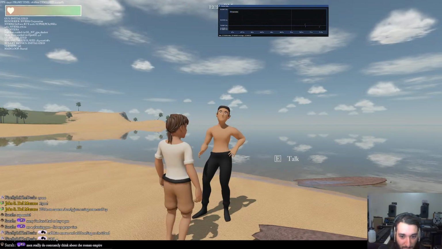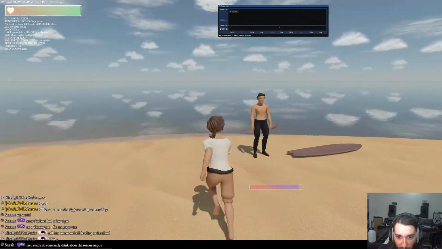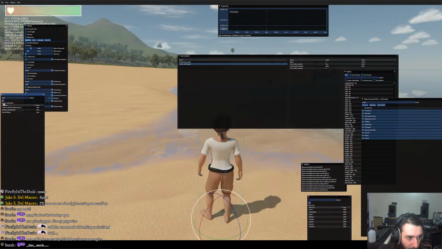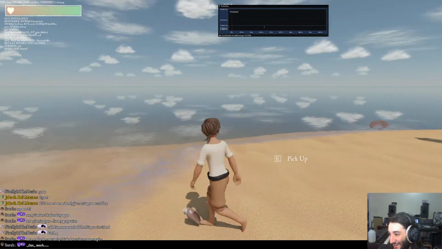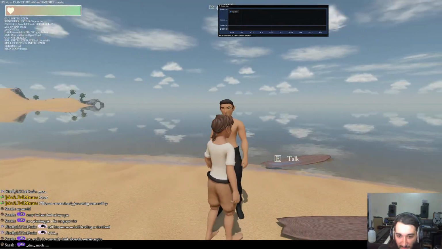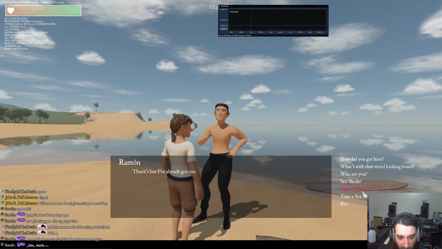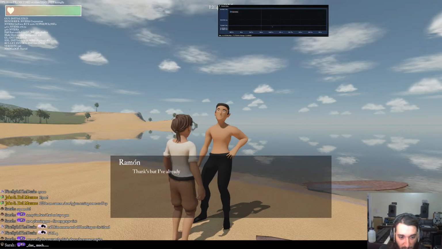So... Alright, bye. Now, let's find the other kind of shell. Let's just spawn one, so that we don't have to look for it. Okay, so we got this seashell here. Alright, so I got my seashell. So I can now talk to him. So if I take a clam, we already gave him a clam. Thanks, but I've already got one. Okay, cool. And if we say take a seashell...